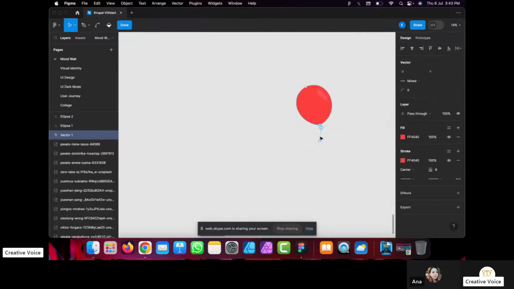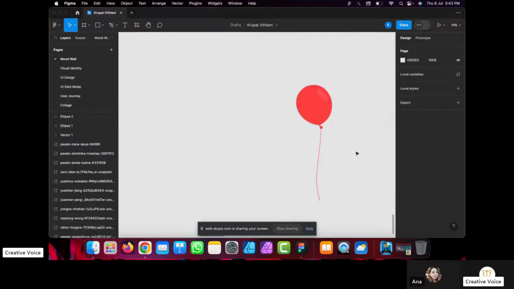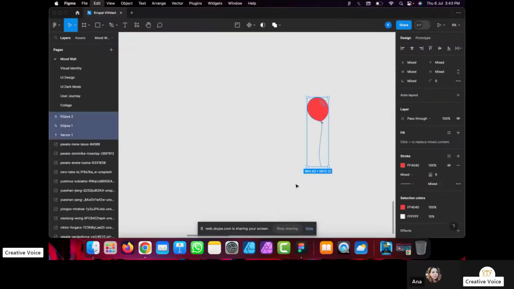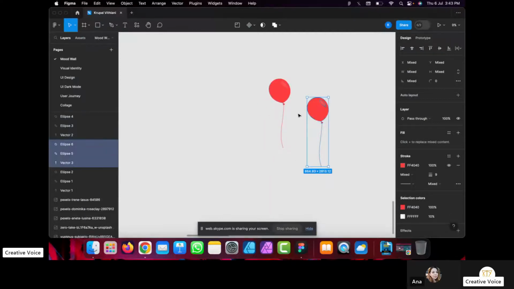And anytime you want to change, you just go to the vector, you pull this thing down, and maybe use the bend tool, give it a little bit of an angle, so it feels like a real thread. And now all you have to do is you hit Control C, Control V, Control V, Control V,